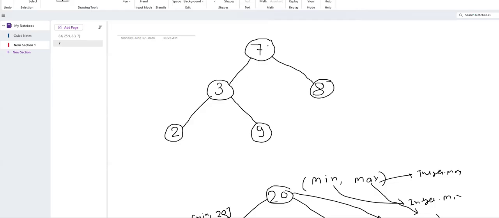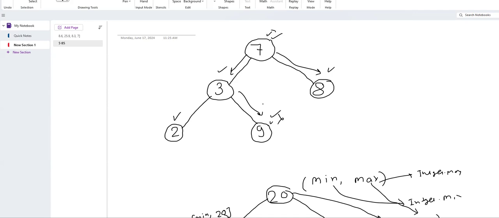So let's say we have a tree with root value 7. On the left hand side, we have value 3, and on the right side we have value 8, right? So these satisfy the criteria of a binary search tree. But what about the left and right of these? This left is less than 3, which is 2, looks good. Right is greater than 3, right? But it's not true. Even though it's greater than 3,